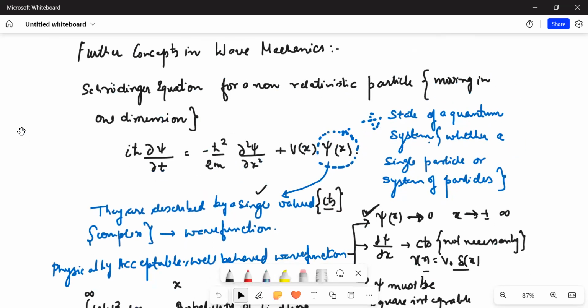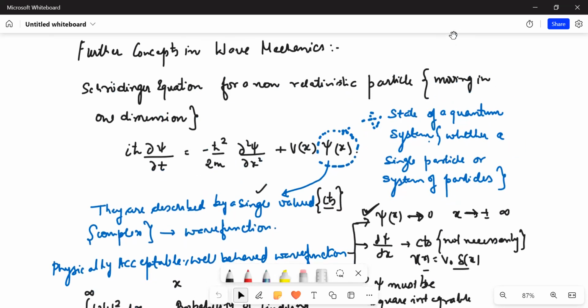So this is what we have done so far. As you can see, the title of this lecture is further concepts in wave mechanics. So one thing is clear that a Schrodinger equation for a non-relativistic particle moving in one dimension is given by